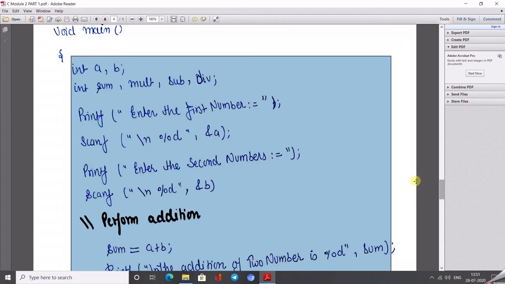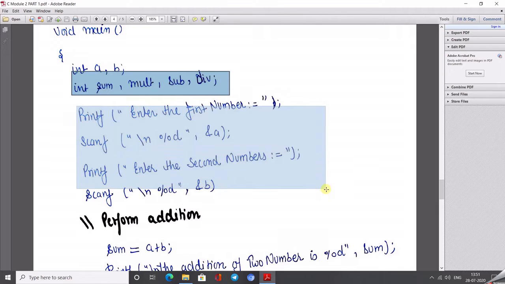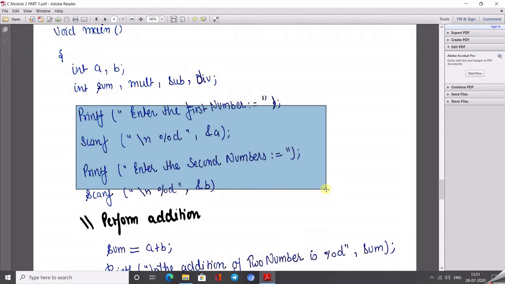Okay. So for getting the value from the user, I use the variables a and b, and for storing the calculated values I use the variable name sum for the summation of a plus b, multiply for the multiplication of a and b, subtraction to store the value of the subtraction, and div for the division performed on these variables. So first, as per the previous question, we need to take the two input values from the user.